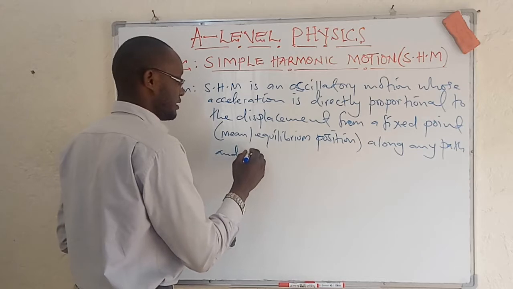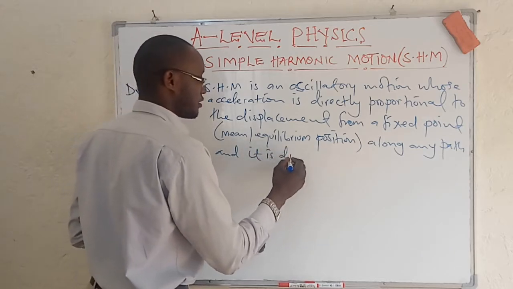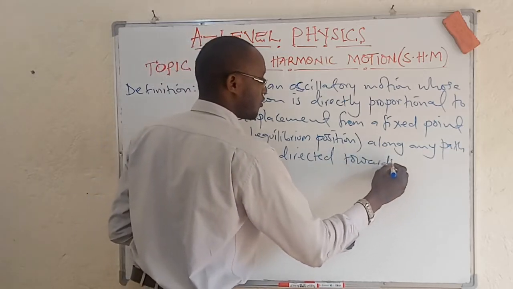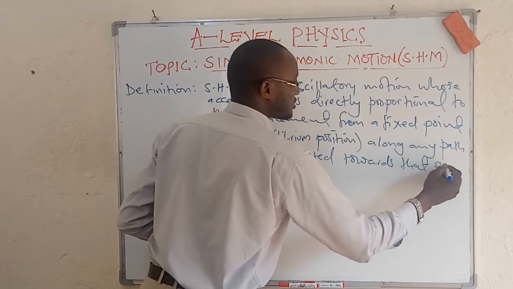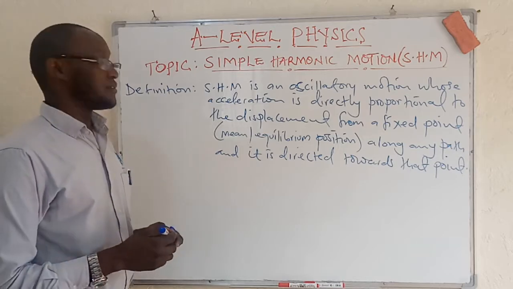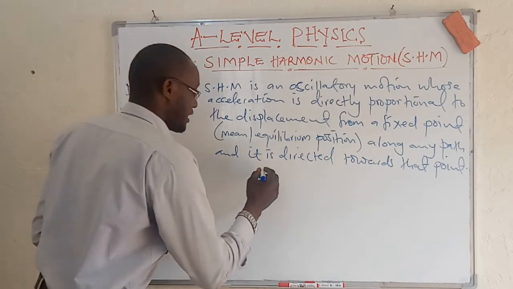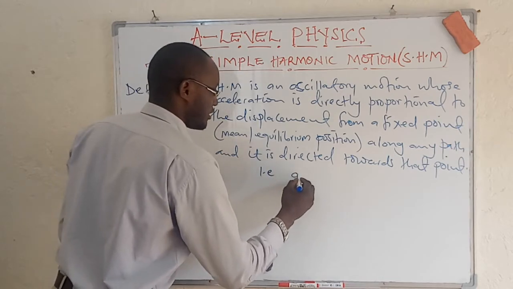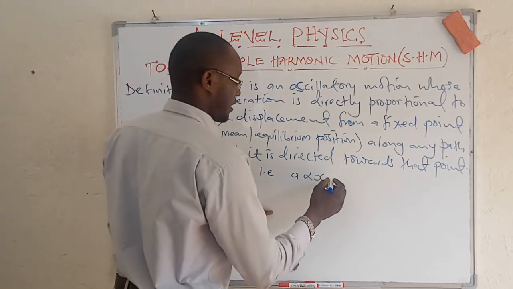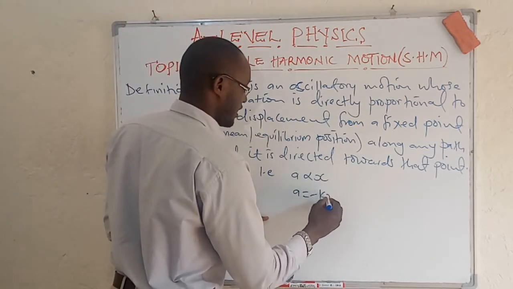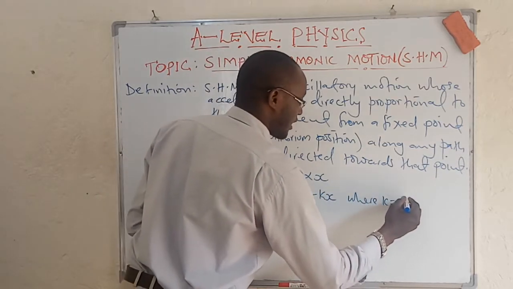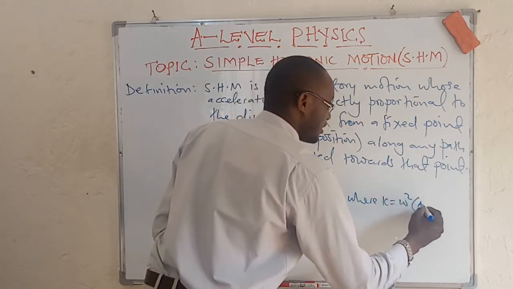And it is directed towards that point, meaning the fixed position. So that is simple harmonic motion. So, i.e., we are seeing that A is directly proportional to the displacement from a fixed point. And then A is equal to negative kx, where k is equal to omega squared, the angular